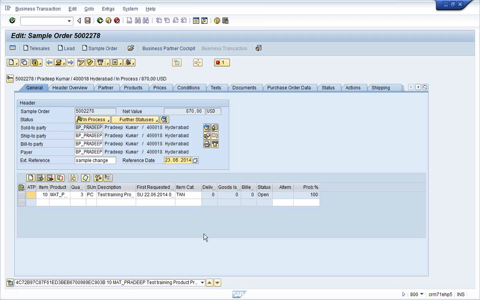When a reference date is changed, you want to put some condition, or when a certain quantity or something else is there, you want to put some other condition. How is it done? For example, if I say the reference date is 30, the system should not accept it. The system should not accept the reference date as 30.